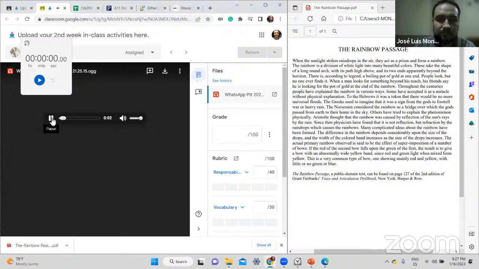When the sunlight strikes raindrops in the air, they act as a prism. Good. And remember, these are going to be correction recommendations. If we're going to use one type of accent, in this case the American, you can try to keep that accent. So here, air, the way they pronounce it in British is going to be okay. Air is close to an a, but it's not like a real a. It's closer to the a than the American.